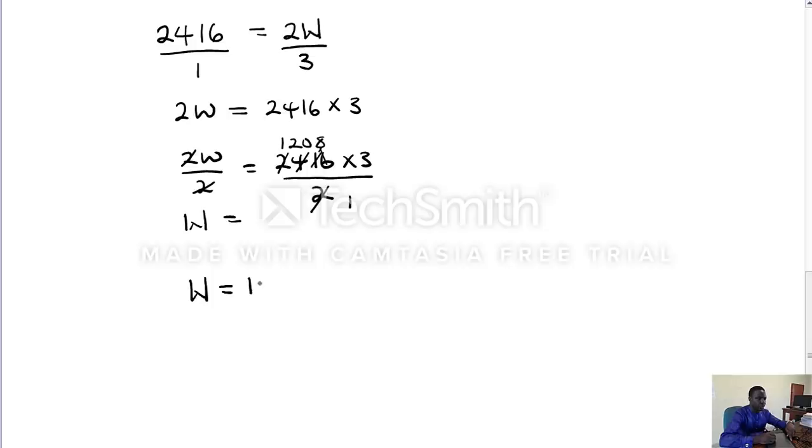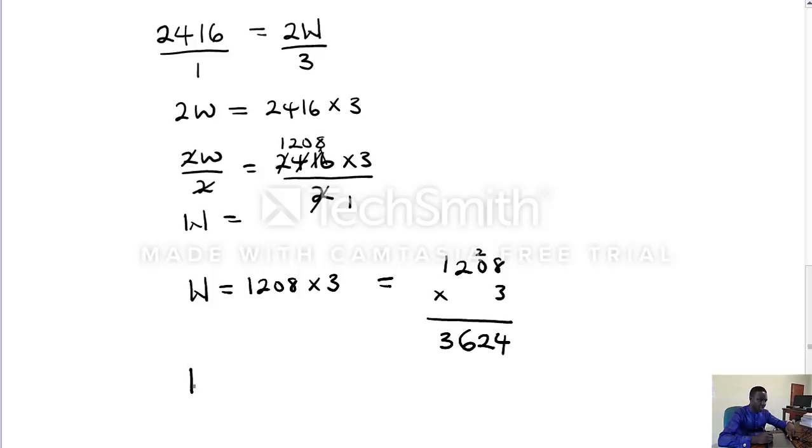Now W is 1208 times 3, which will be equal to... this is 1208 times 3. 3 times 8 is 24. This is 4, carry 2. 3 times 0 is 0, plus 2 is 2. 3 times 2 is 6, and this will be 3. So that our W will be equal to